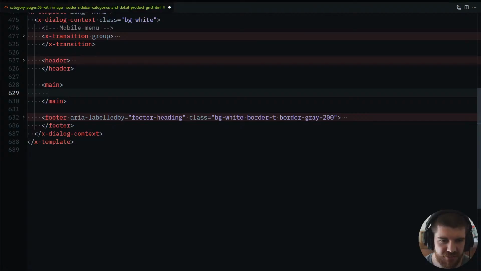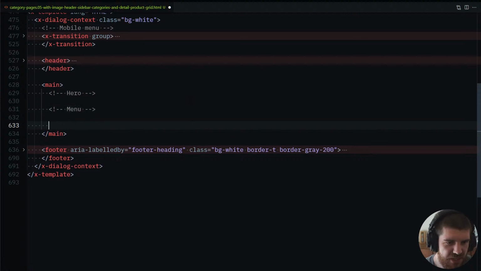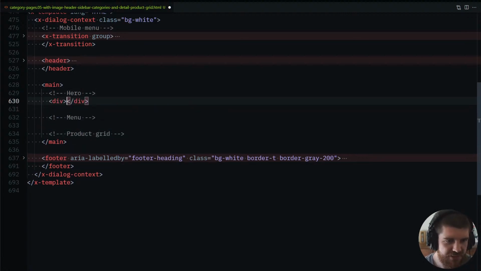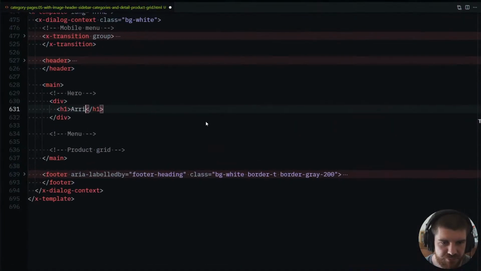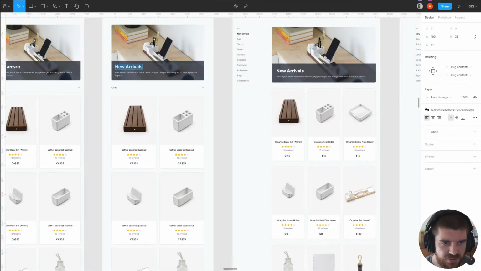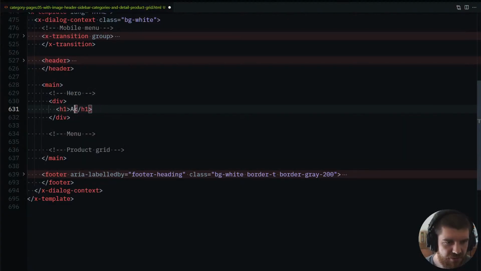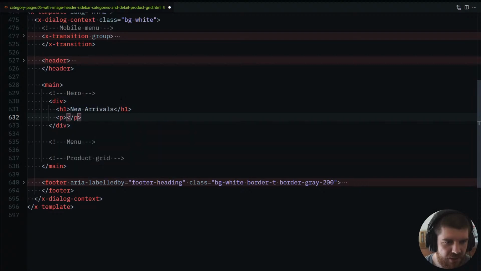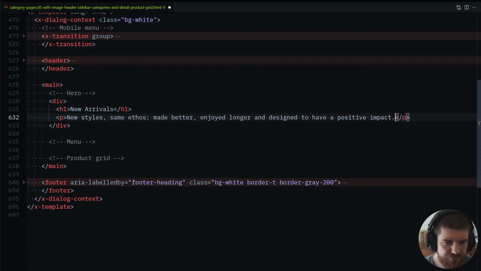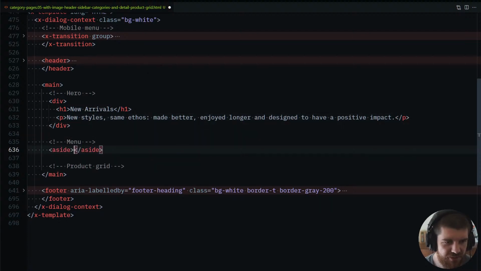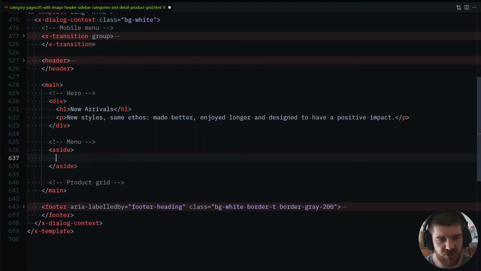Okay, so I'm just going to stub out some comments real quick. So we'll say hero, menu, and then product grid. So let's begin with our hero. First up, let's get our content here. These are, sorry for all the tabbing, new arrivals. And we're going to have some paragraph text here. Cool. And then in our menu, I'm going to put this in an aside region because it's supplemental to the main